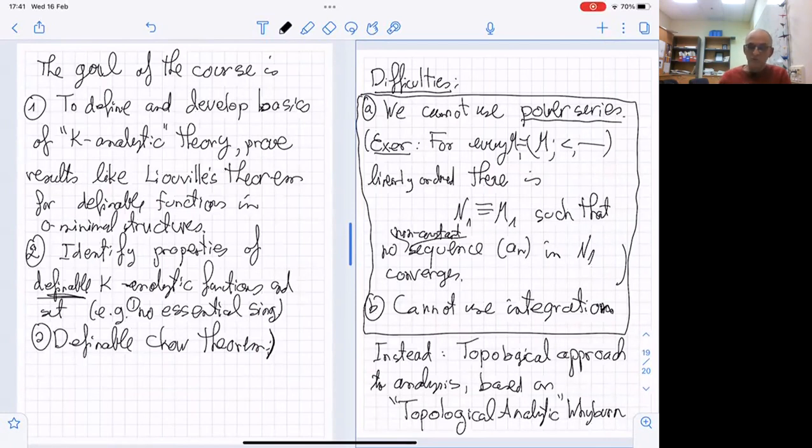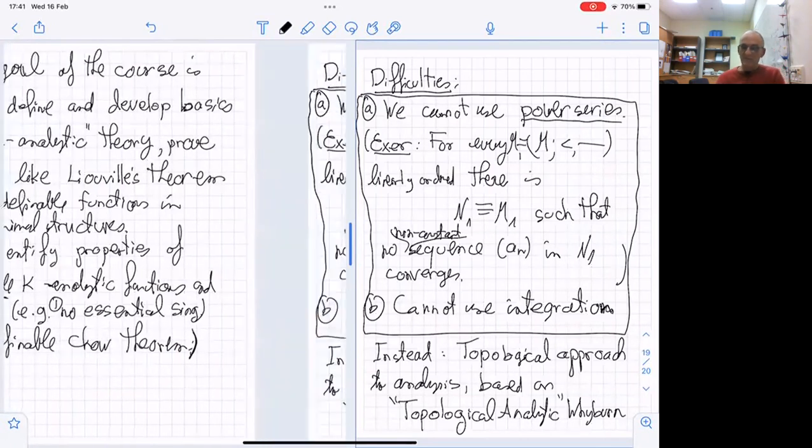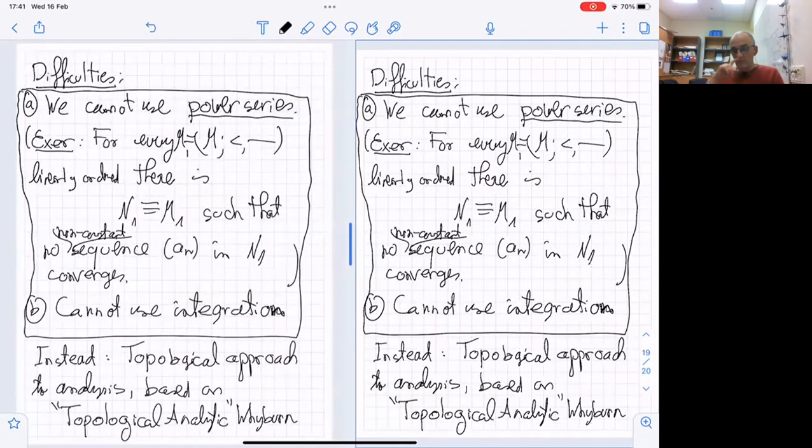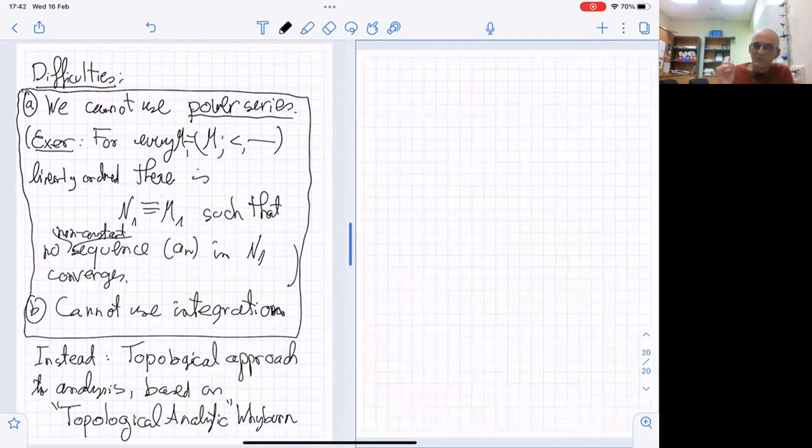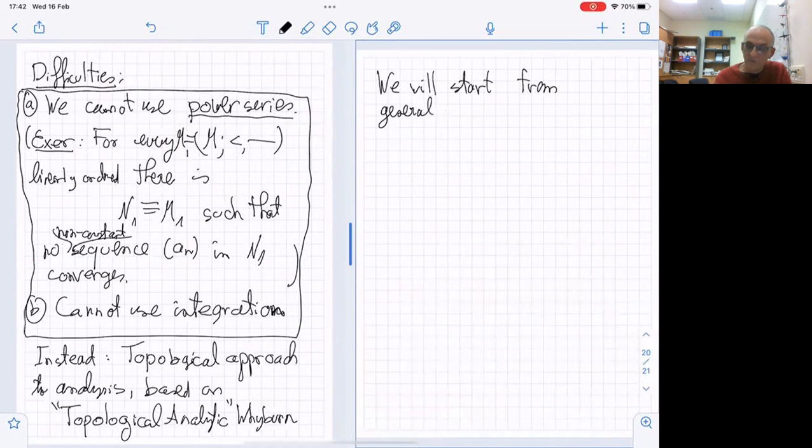Maybe I can make it a bit short this time, because this is a natural place to finish. There's one thing I wanted to say. Let me say that I will start slowly, in order to go to the place where definability is used. We will start still from just the beginning, maybe the first 15, 20 minutes, from general topological fields with some examples.